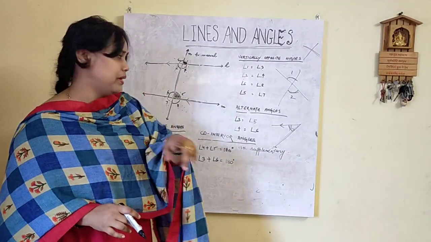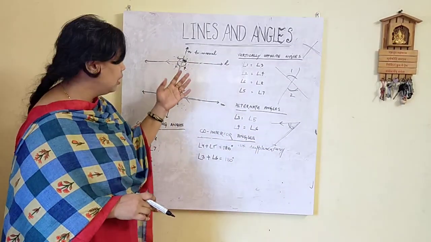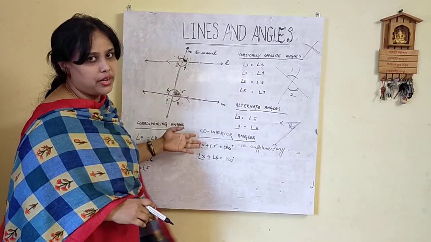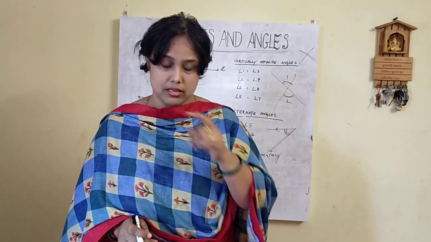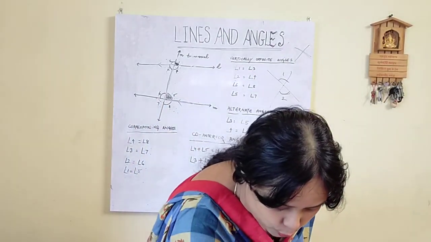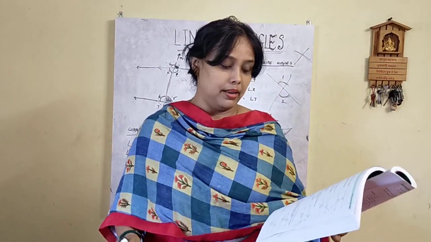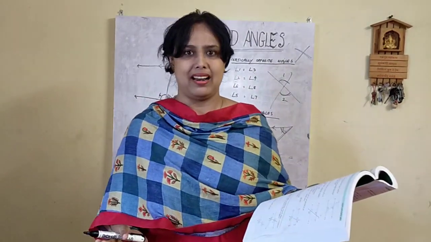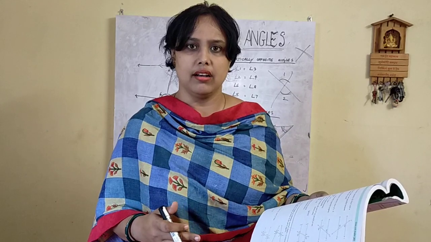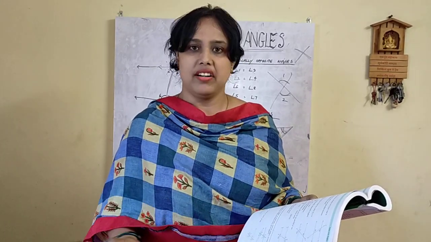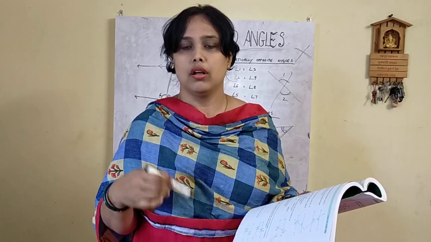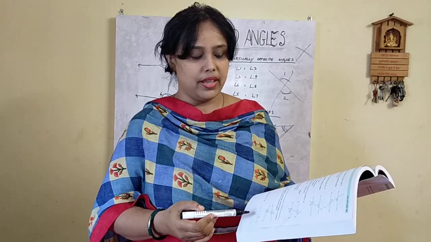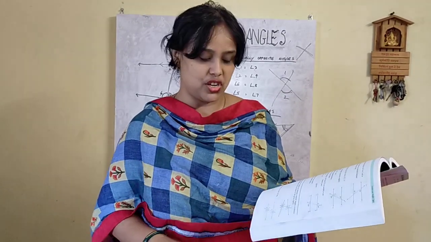So, children, just to brush up: vertically opposite angles should be equal, alternate angles should be equal, corresponding angles should be equal, and co-interior angles should be supplementary. With this note, I'll be explaining the sums given in exercise 10.2. Questions number 1 and 2 are very simple, whereby you have to identify whether two lines are parallel or not. In the assignment I have already given how two lines can be parallel if the alternate angles are equal or corresponding. It is very well explained and you can do questions 1 and 2.